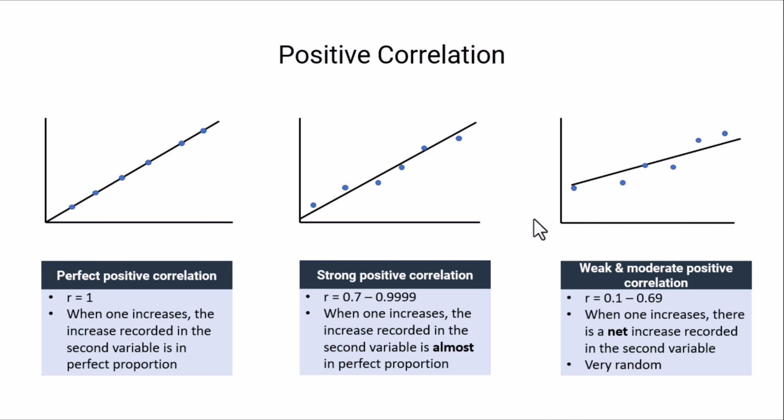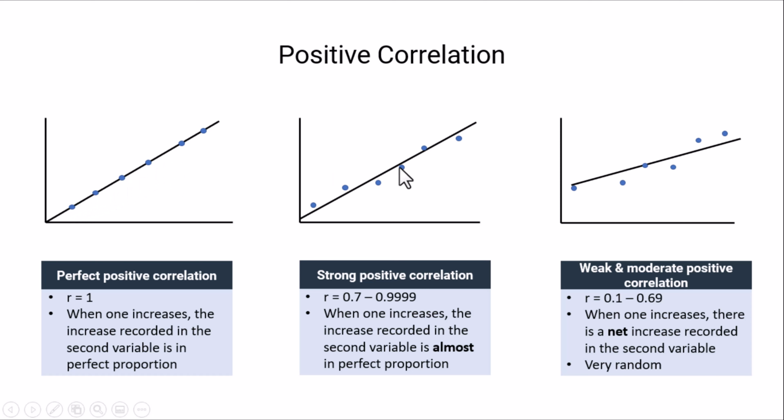When one variable increases, the other variable will also increase, and the proportion will be almost perfect, but not exactly perfect. But if you draw the graph, you are going to see that most of the data points, the midpoint between the x and the y, will align closely to the best line of fit. This straight line here is called the line of fit. So when you look at this, it's almost aligned. Same with this, same with this, same with this,